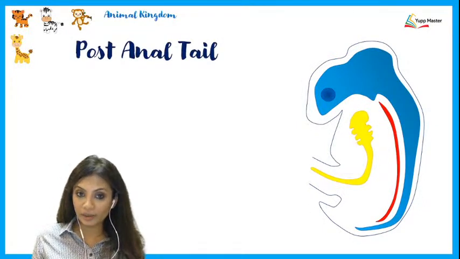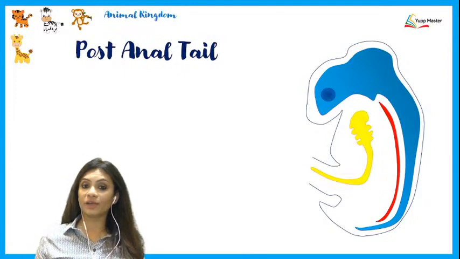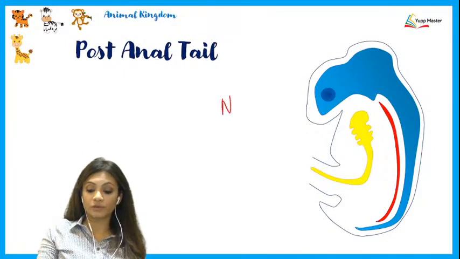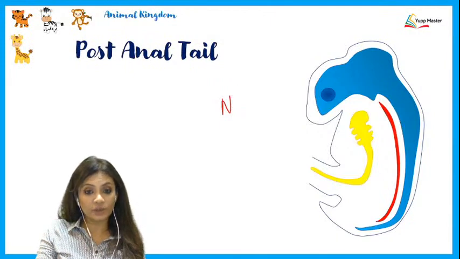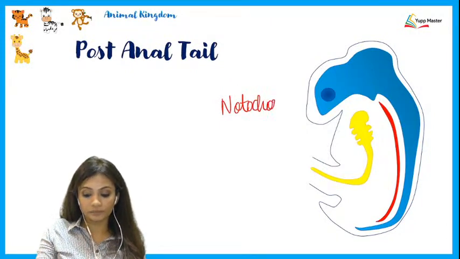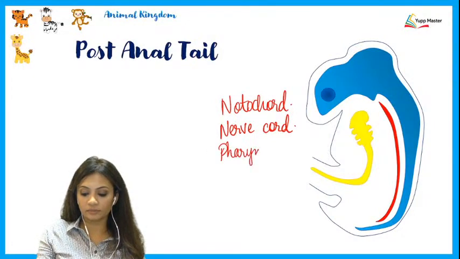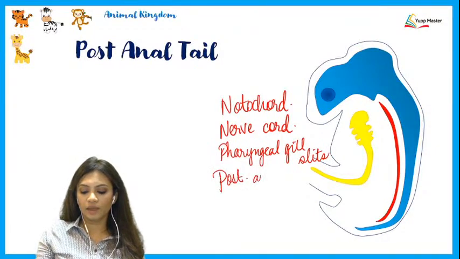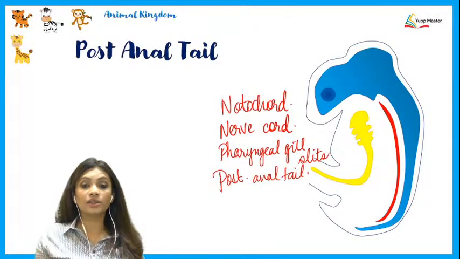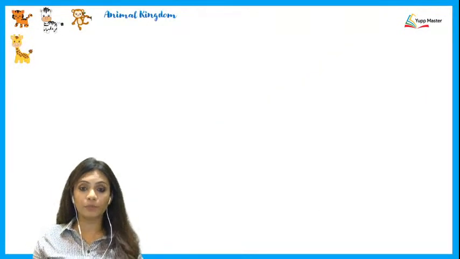We have done all the points here. Which points have we covered? Do you remember those? First we spoke about the 4 salient features. Out of that, the first one was the notochord. Okay, the second one was the nerve cord. Okay, the third one was the pharyngeal gill slits, okay, and the last one being the postanal tail. So we've come to the last point here, that is the postanal tail,